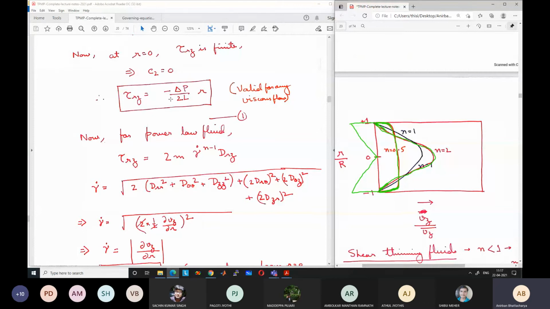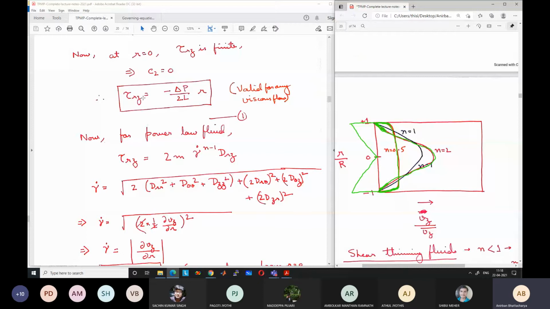It does not change as much as that of a shear thinning fluid, or even as a parabolic, means even as a normal Newtonian fluid. So velocity changes less at the edges. Okay. However, on the other hand, at the center, because the stress is less for the shear thickening fluid, the viscosity is also less at the center, and as a result, because of less viscosity, you still need a certain amount of velocity gradient to cater to the shear stress.